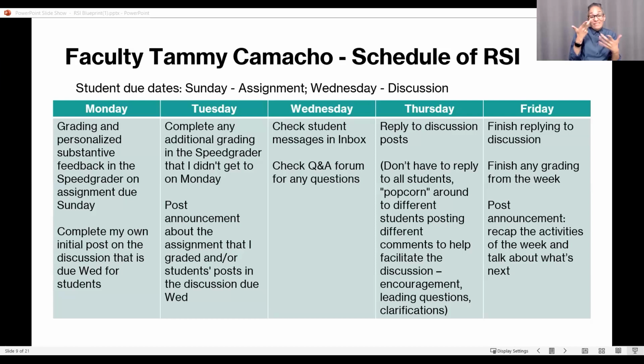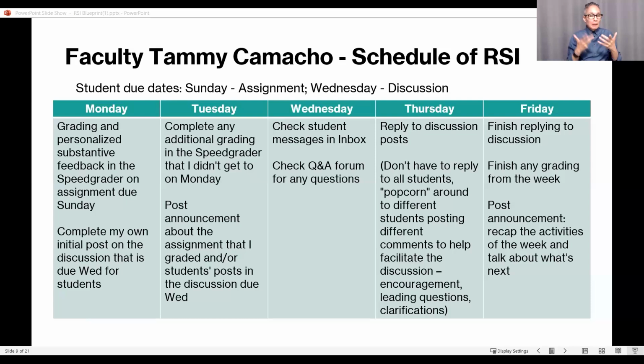When she's done, she'll post an announcement in her course about that assignment, for example, noting that a lot of students missed a question or had trouble with a certain part of the assignment, so she wants to explain that.